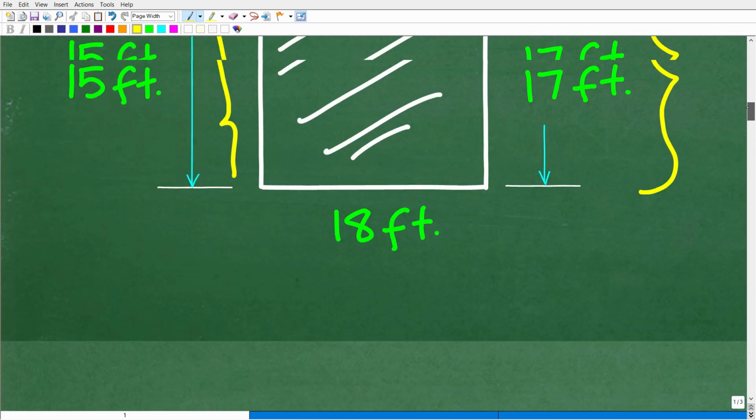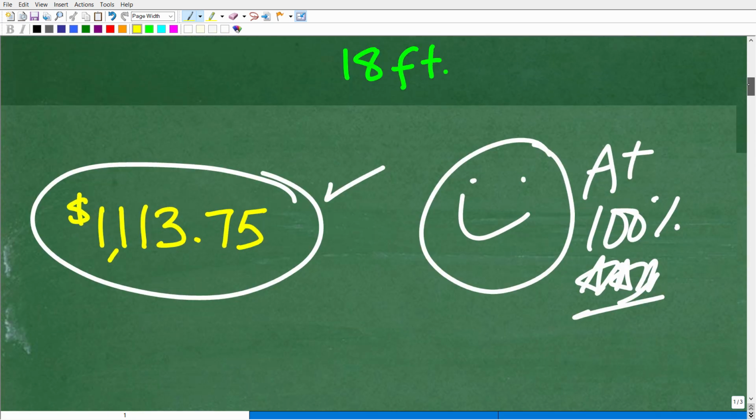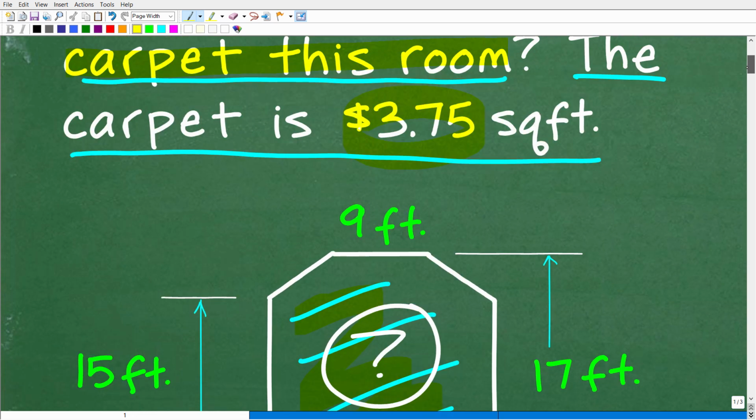Remember the carpet cost, I'm going really, really far back here. The little detail that we need here,